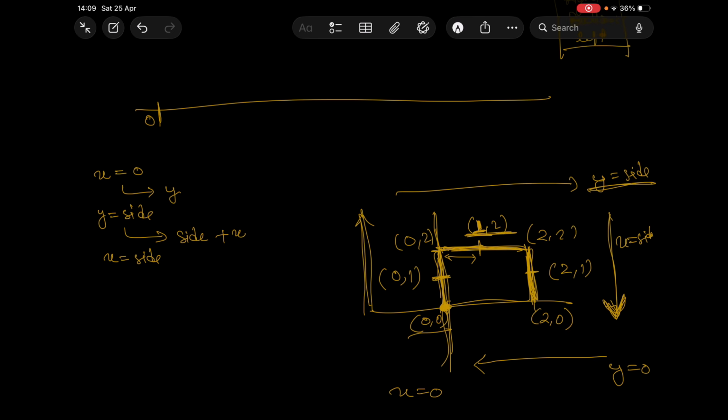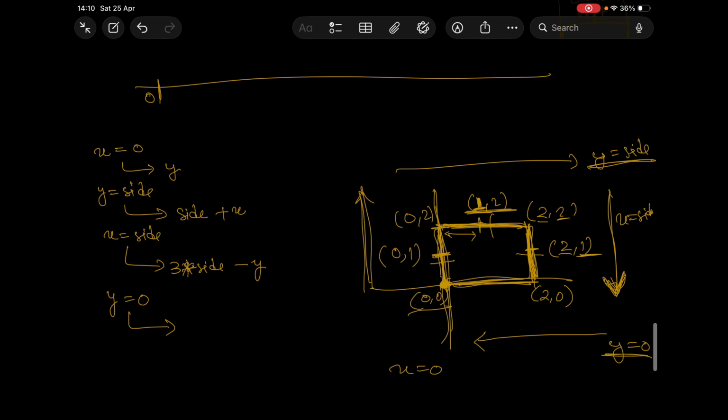Now here if you see, x is the same, y is varying, y is here 2, 1 like that. So if I do 3 times side, 1 2 3 times side, minus this value y, then I would be able to plot this, right? So it would be 3 side minus y. Now if we see this point, this y is 0. So if y is 0,